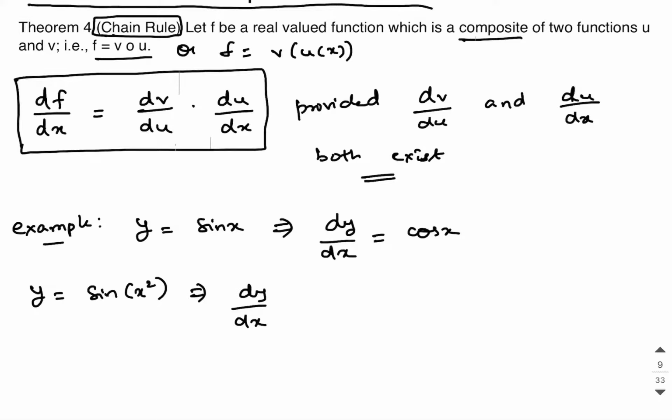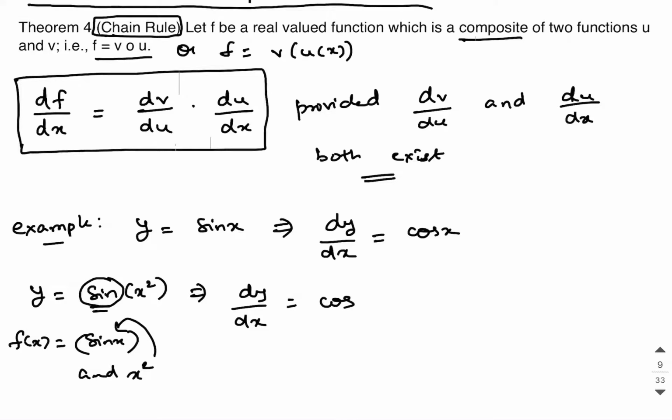If you observe this, y, if I take it as f of x, then f of x is a composite function of sin x and x square. So it is going to be a composite of these two, right? In the place of x, it is replaced with x square, so that gives f of x. For this function, first you need to differentiate sin, okay? Don't remember the formula as the derivative of sin x is cos x. Remember it like this: derivative of sin is cos.